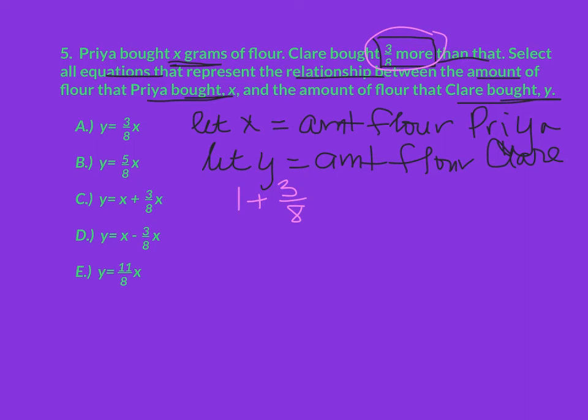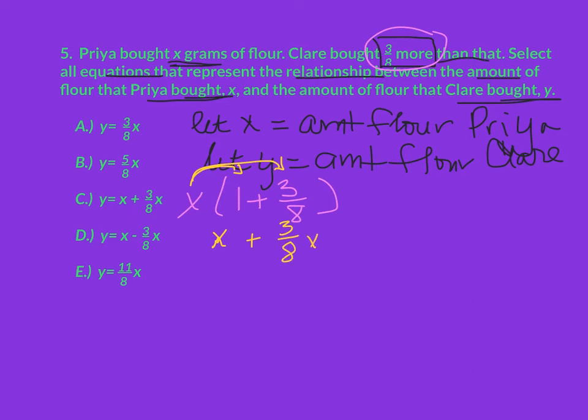So the whole thing, and if we grab our distributive property, we can put this right in parentheses and put an X on the outside. And, oh, here it comes. Are you ready? Woo! That's always fun to do. And I can't help but say it every time. So 1 times X is just X. You can put the 1 there if you want, if it makes you feel better, but you really only need X plus 3/8